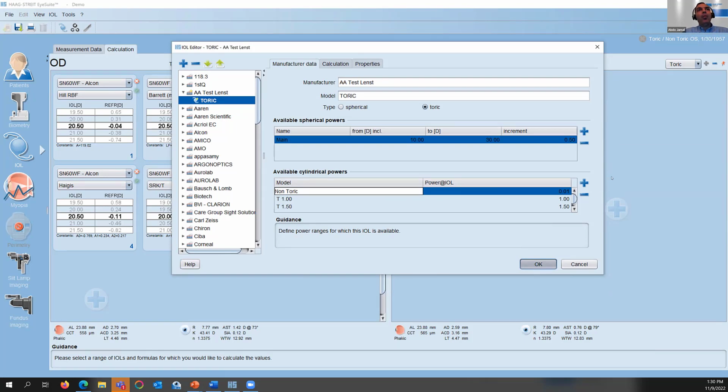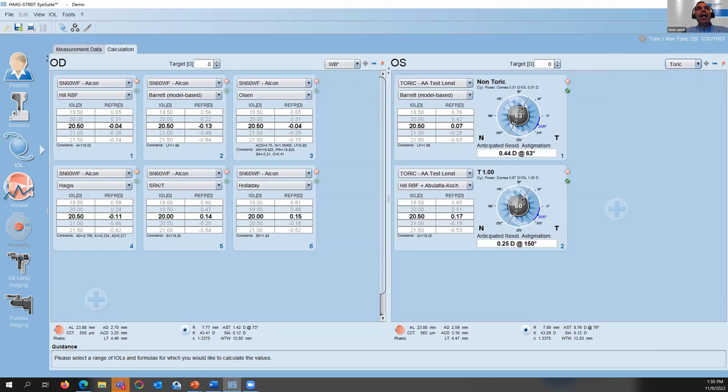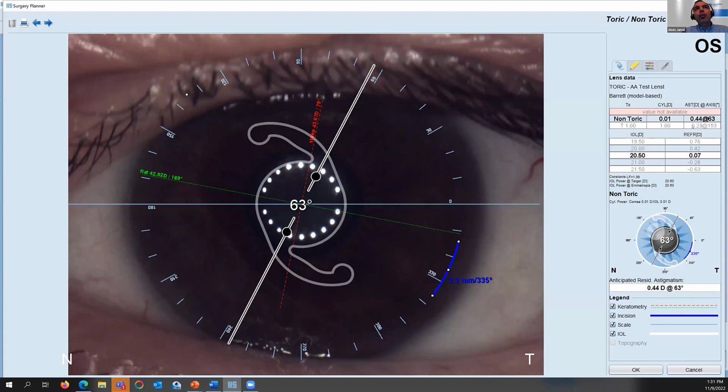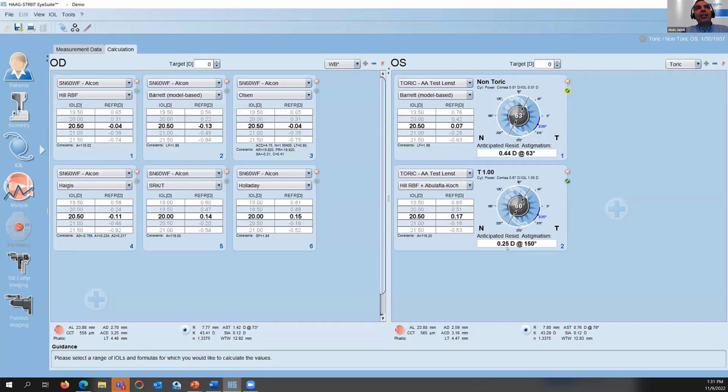And now we will have a plan from Barrett as well. Barrett doesn't recommend changing the axis or overcorrection. Meanwhile, Abulafia-Koch doesn't mind doing this. If we want to compare here, if you can see, with 1 diopter, the residual astigmatism will be 0.3 at 153. It's, I think, exactly what is